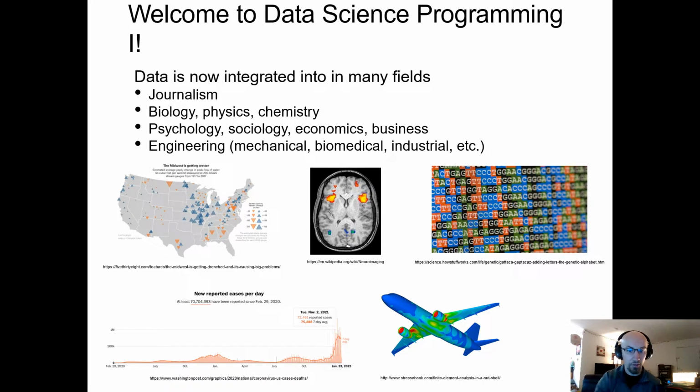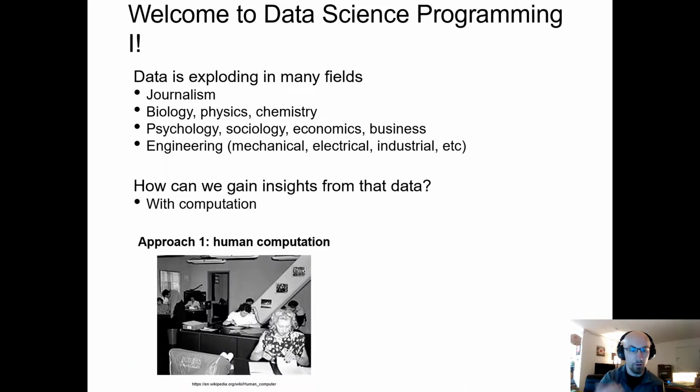Most recently, COVID has been happening, right? And when we're talking about COVID, all we are talking about is data, data, data. You search for a COVID tracker, and it brings back a bunch of data. If we talk about the efficacy of the vaccine, all those trials are talking about the data of how many people got COVID versus didn't get COVID. Did they have the vaccine or didn't they? And we're able to analyze whether or not the vaccines are effective from that. Engineering, of course, has many applications of data science. There are just so many different applications of data science that it's really important for a lot of people to learn this.